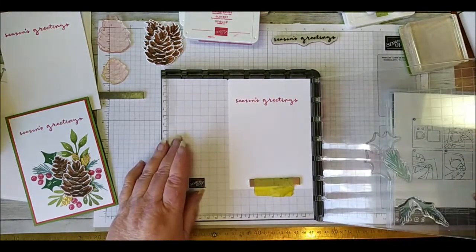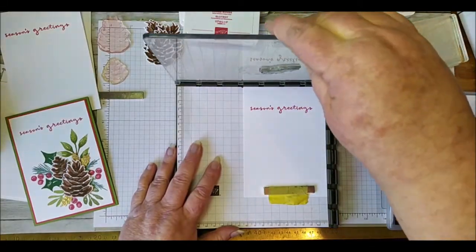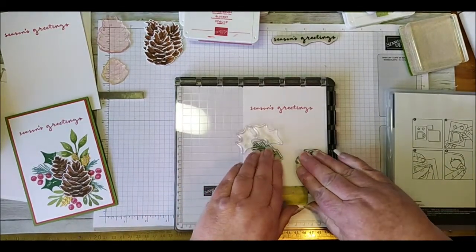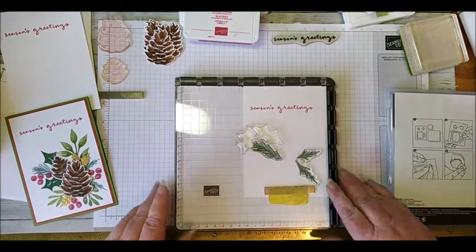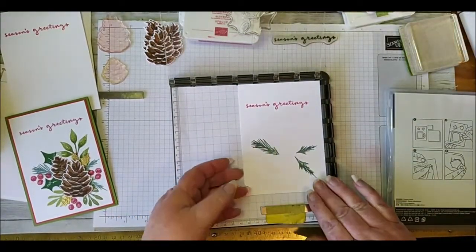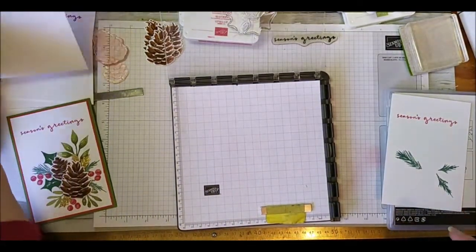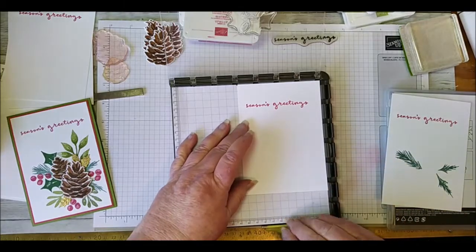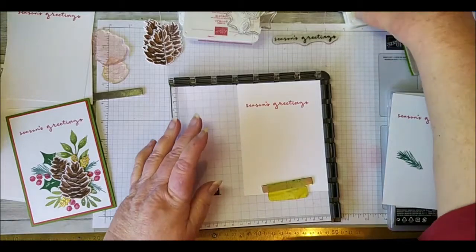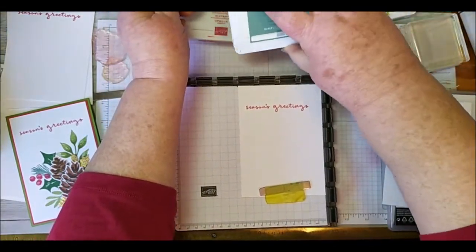Whoops, I do have to move my plate. This one here, I've actually attached so my plate will come down from the top and stamp. Good thing I checked that one before I closed the door. So we're going to remove that one, pop in our next one, pop our magnet on top, ink up those 2 stamps,